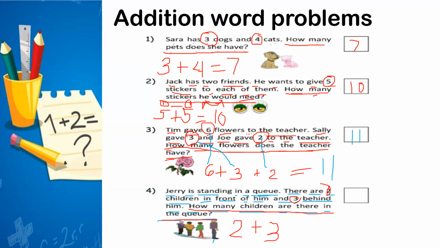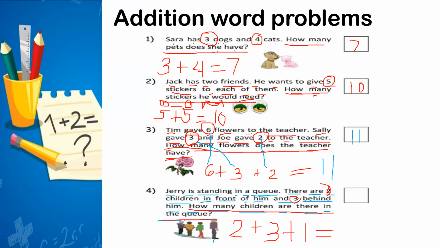Remember, there are 2 children in front of Jerry and 3 behind Jerry, right? Okay, so you only added the 2 and the 3 behind Jerry. Okay, remember Jerry is in the queue. Jerry is in the queue, not just the 2 children in front of him and the 3 children behind him, right? So that would be 2 plus 3 plus Jerry, that is 1 equals,